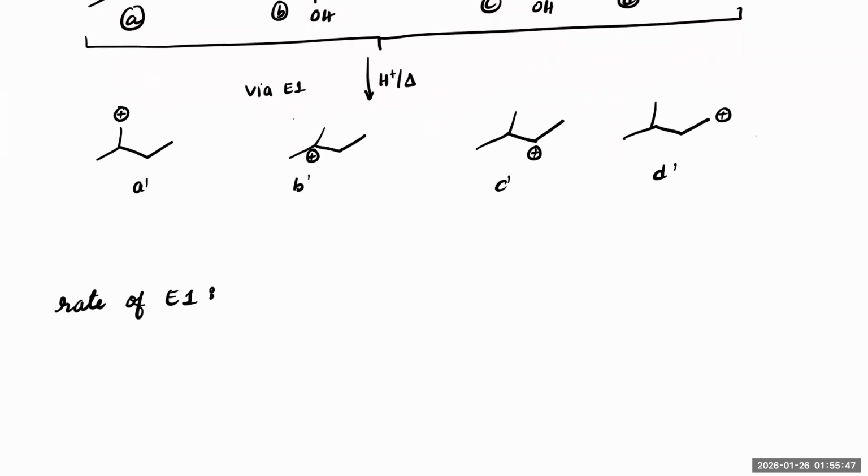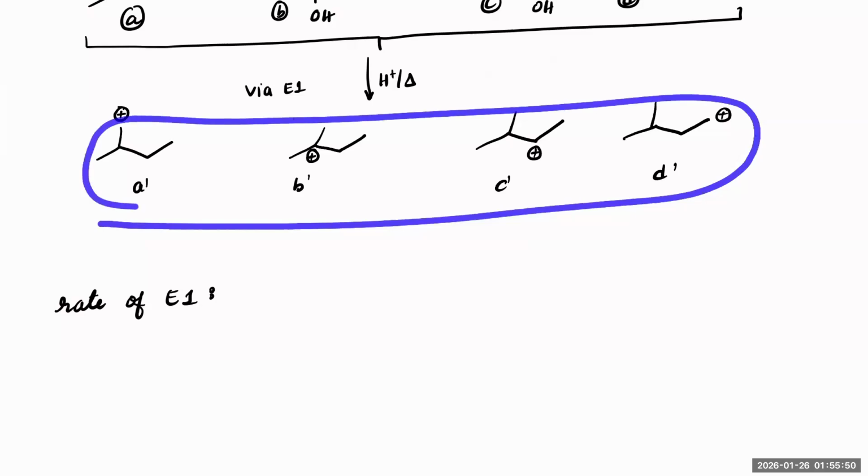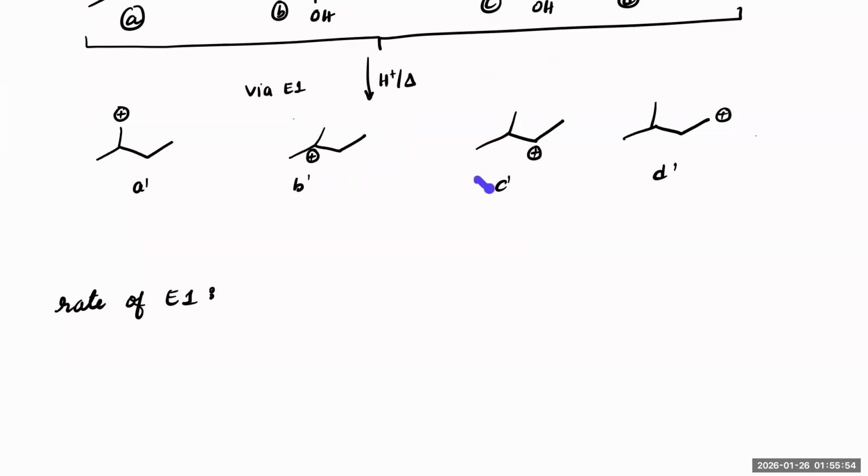In such case, which one appears to be more stable carbocation? B. So after B, you'll have C, and then this is primary and this is primary, correct? In such case, you check out the alpha hydrogens. Here, alpha hydrogens are 2, here alpha hydrogens are 1. So which is more reactive? D is more reactive. So therefore, first one, B greater than C greater than D greater than A with all